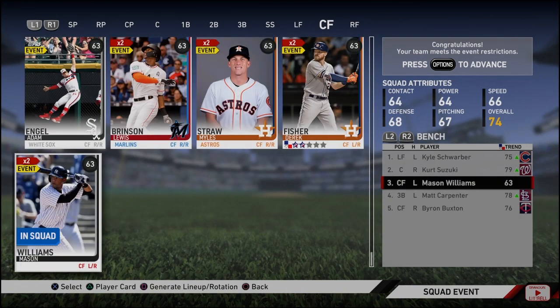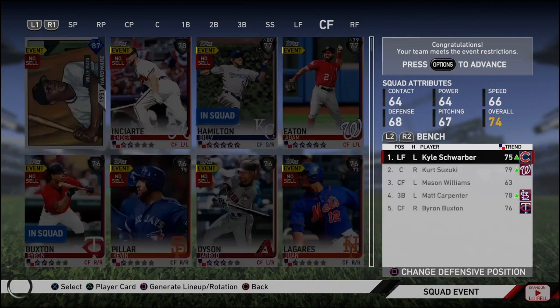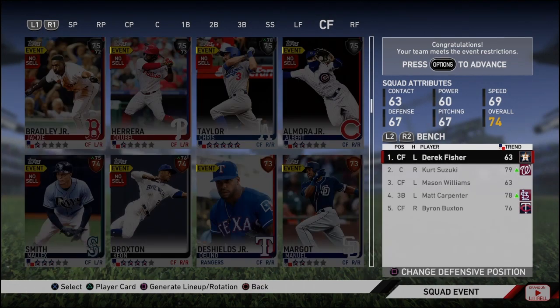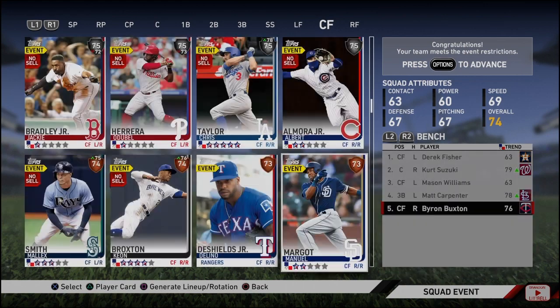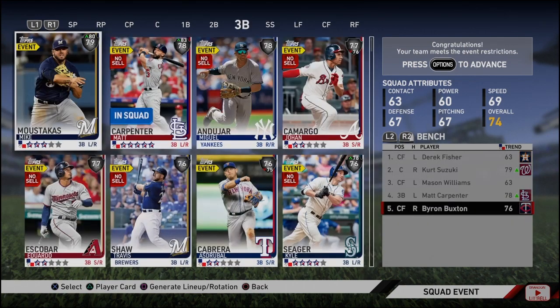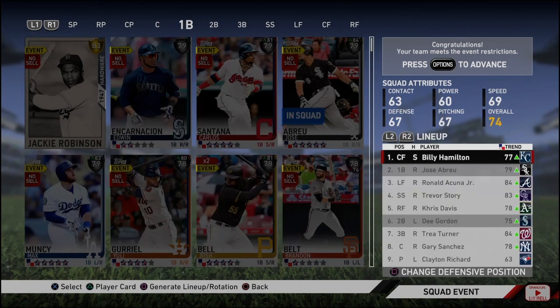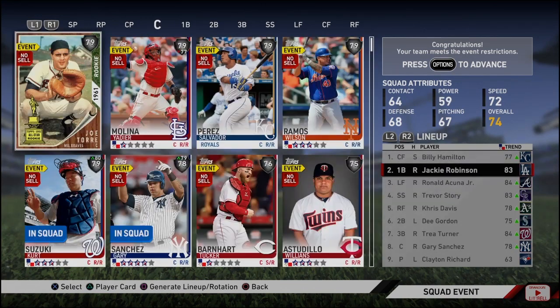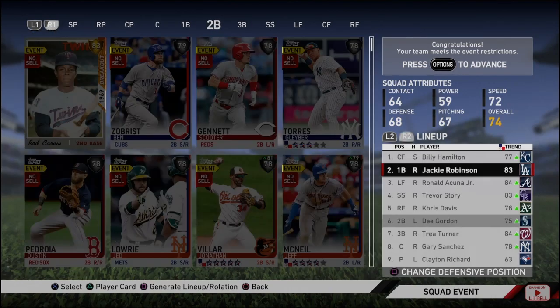putting those commons, doesn't really matter who it is, honestly, unless you need a defensive replacement, then you can do that. Just have at least a good right-handed hitter, a good left-handed hitter, a speed demon, and then you give yourself another chance to put another gold in. Like if I was actually going about that, Jackie Robinson, man, I still got more. And then,